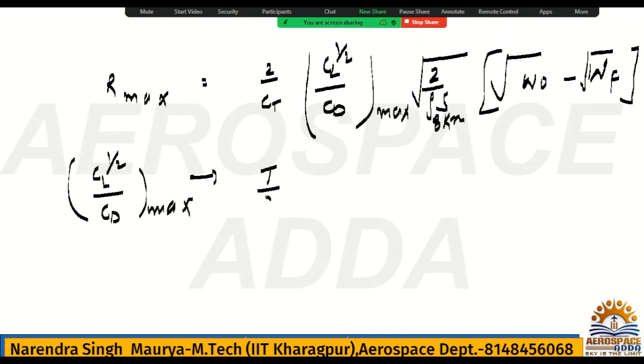This is the condition when thrust by velocity should be minimum, that we had seen. If you go back and check it, you may be able to understand how to calculate CL, CL by CD, CL to power 1 by 2 by CD max. Yes, if you remember, it was thrust by velocity minimum. What was the formula? Does anyone remember that? It was thrust by velocity minimum. If you go back and check the notes,